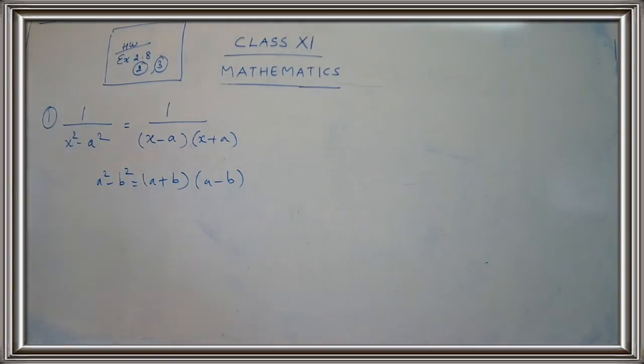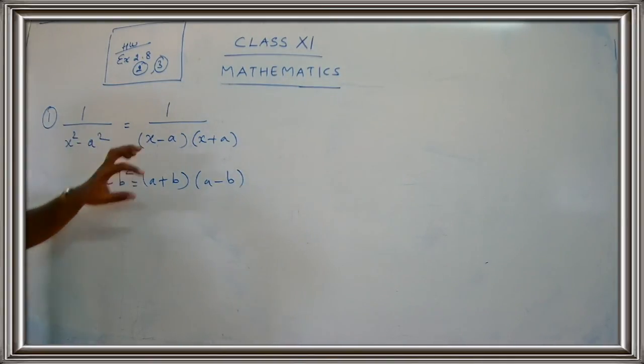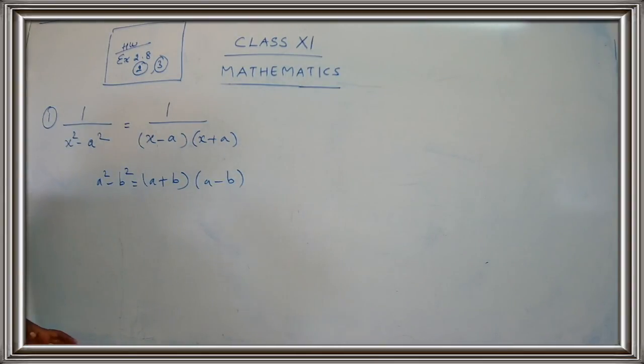Is the first step clear to you, children? This is the first step, and this is a very important step where you should not make any mistake. If the first step itself is wrong, everything is going to be wrong. Are you getting my point, children? So factor properly. Try to use the identity or try to factorize and get the values. Okay, so here x square minus a square turns out to be x minus a, x plus a.